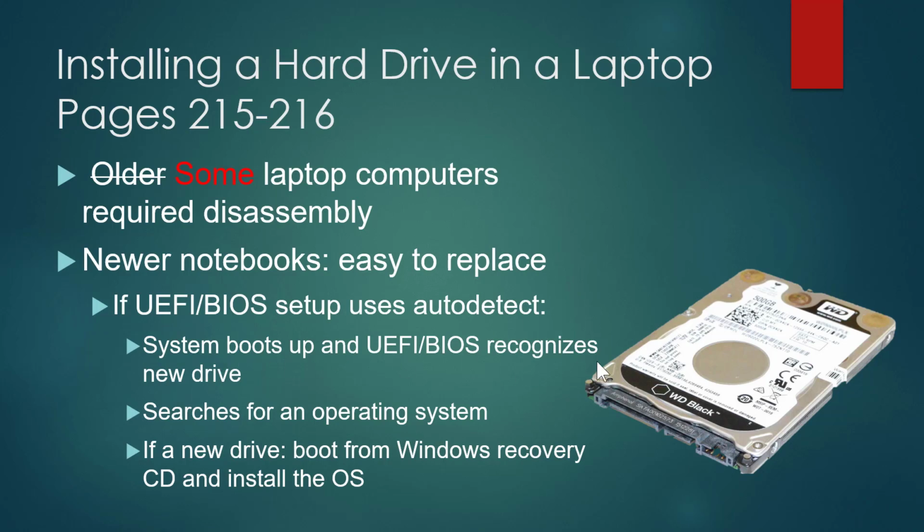The BIOS is going to auto detect the hard drive. You just need to have the proper operating system on it, and it's going to search for that operating system automatically. So you can pull the old hard drive out, have your new hard drive, hook them both up to a computer, and use drive imaging software or a copy dock that just lets you plug both hard drives into the copy dock and copy the original hard drive to the destination hard drive, and then make sure the partition